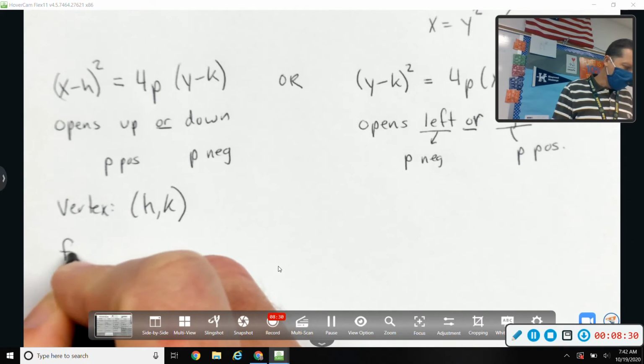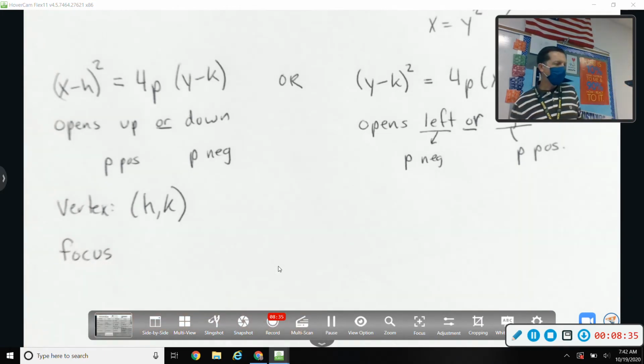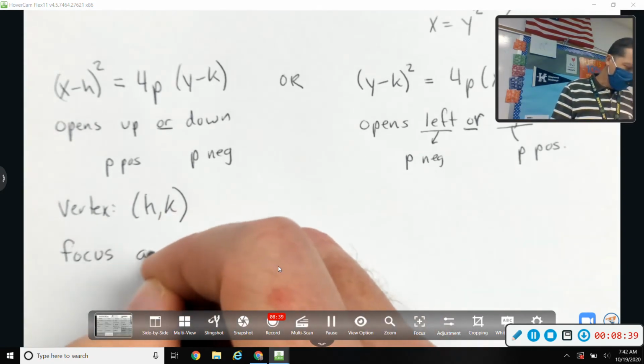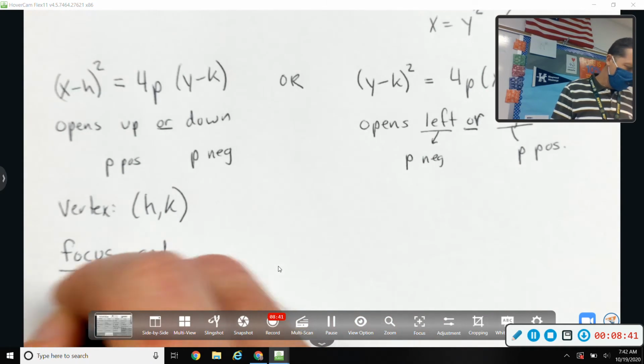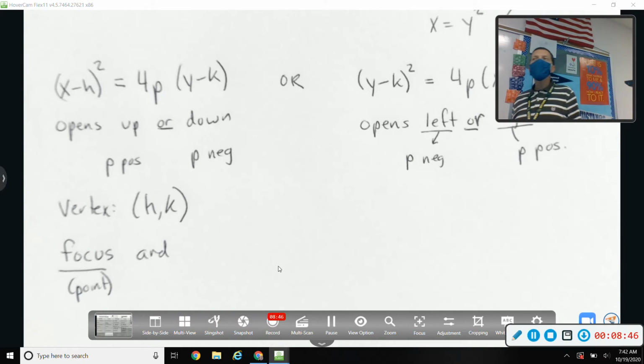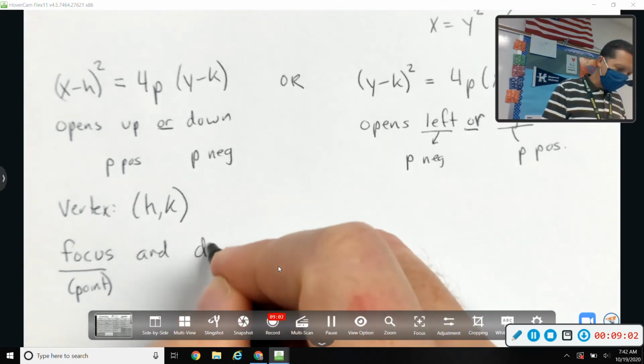And then one new term for sure, one new term when it comes to parabolas. The focus, that's a point, you know that. And kind of like all the other conic sections, the parabola will wrap around the focus. So you'll have a good idea that your focus is in the right spot if your parabola is wrapped around it. The focus and the directrix,